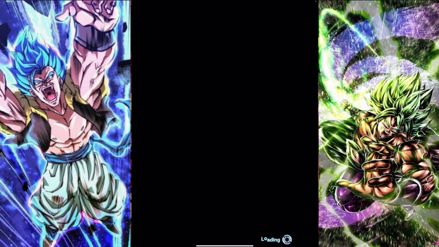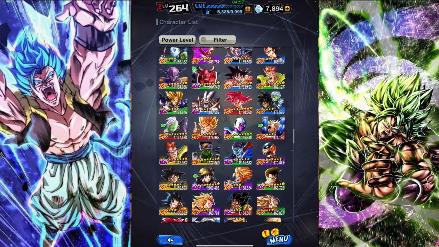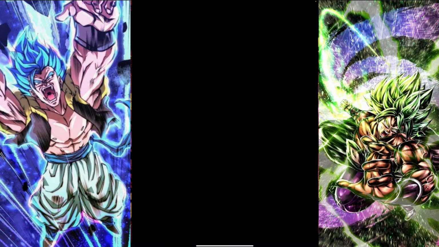Then we have Gogeta here, still being used. Pretty good unit here. And then scroll down a little bit more, you can see all the units. Don't really care about them. Someone like Super Saiyan Trunks, I do want to Zenkai him. If I can pull him 2 more times, get him 7 stars, I'll actually want to Zenkai him up because